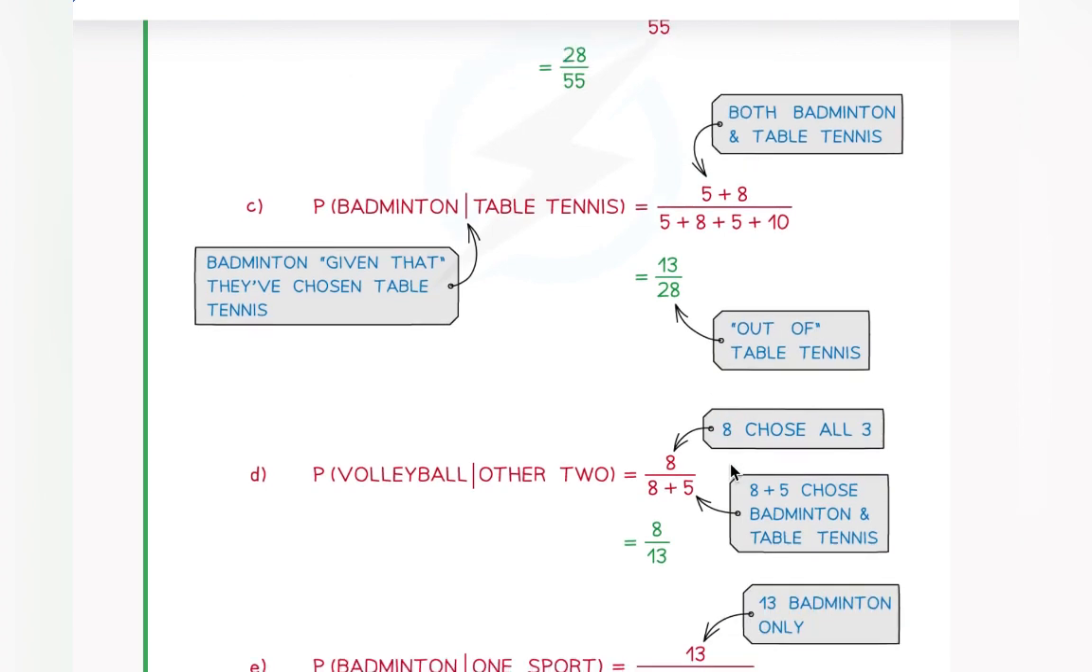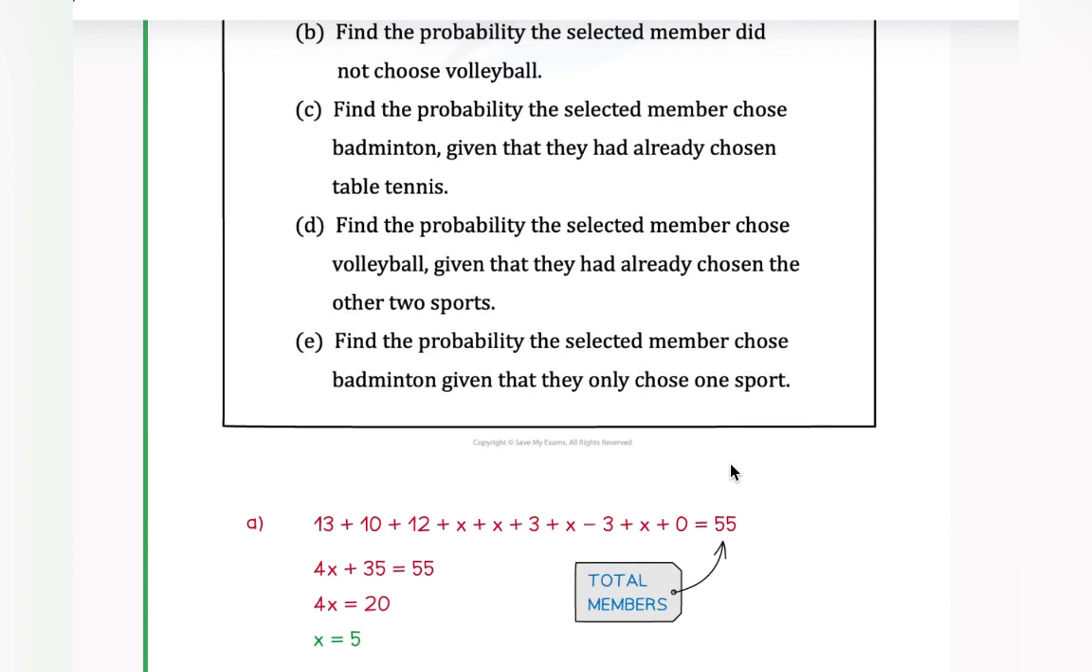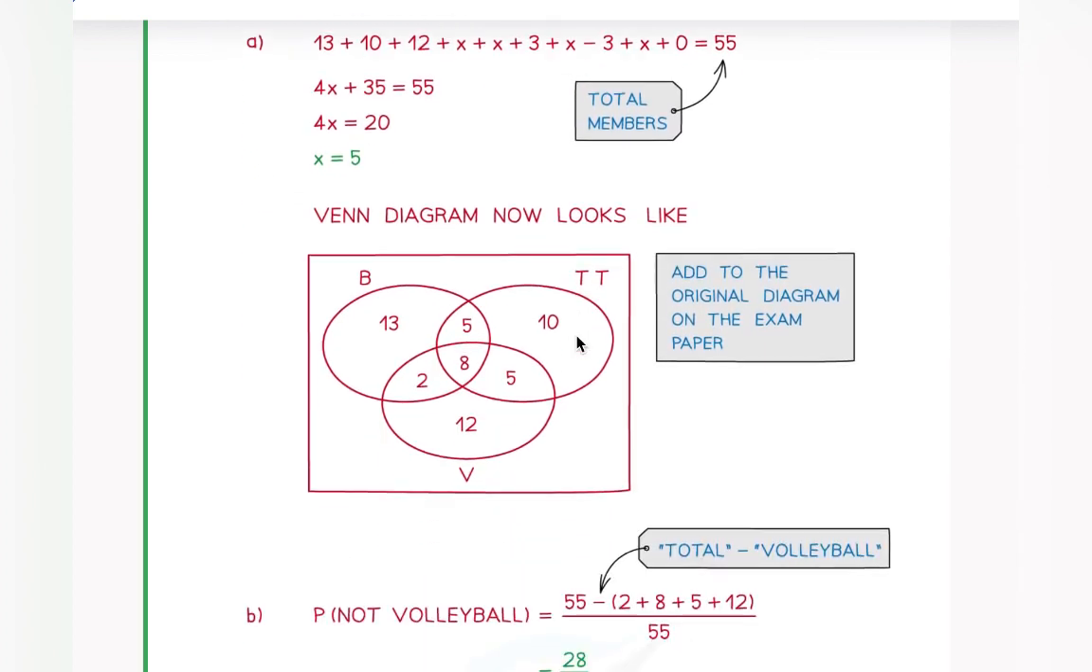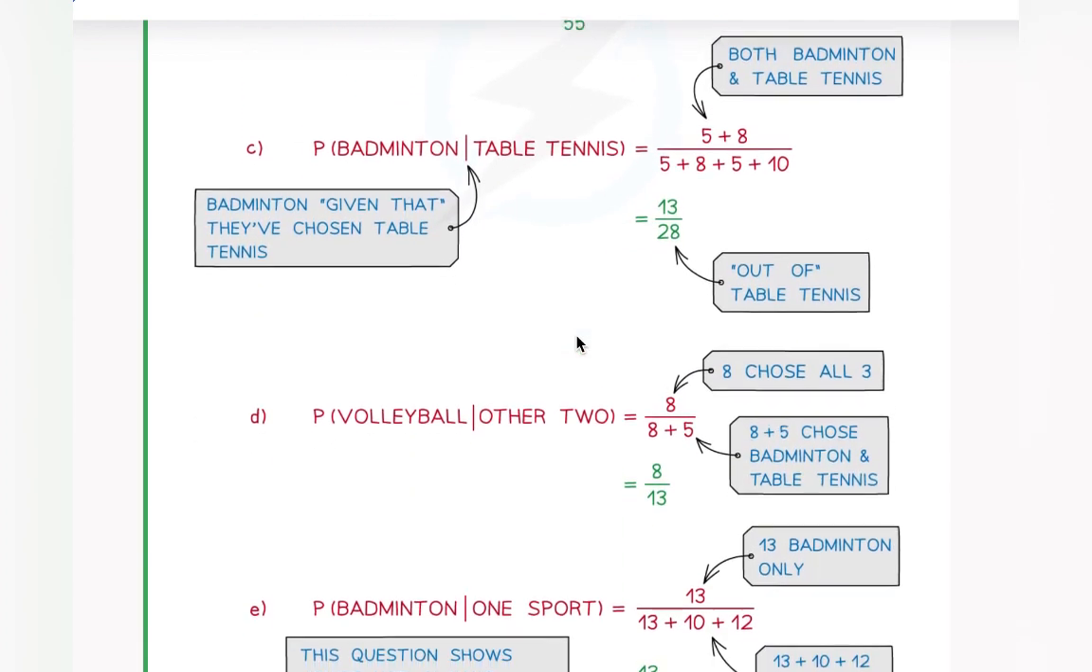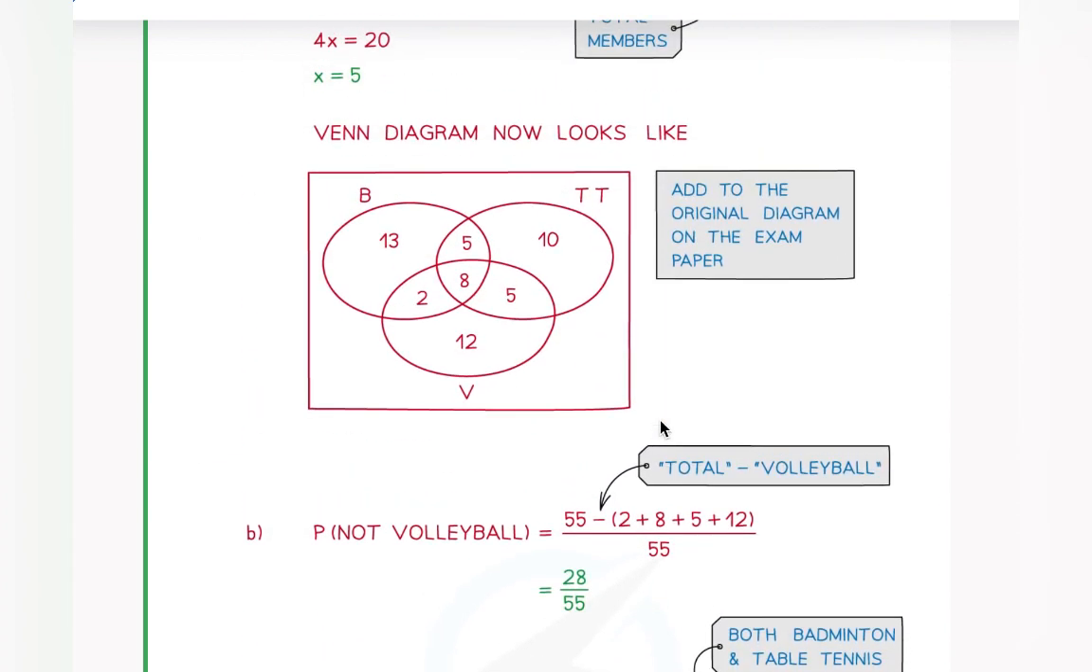Okay, so the D part of the question says, find the probability that the selected member chose volleyball, given that they had already chosen the other two sports. So the number of volleyball that is common to the other two sports is this 8. So 8 over